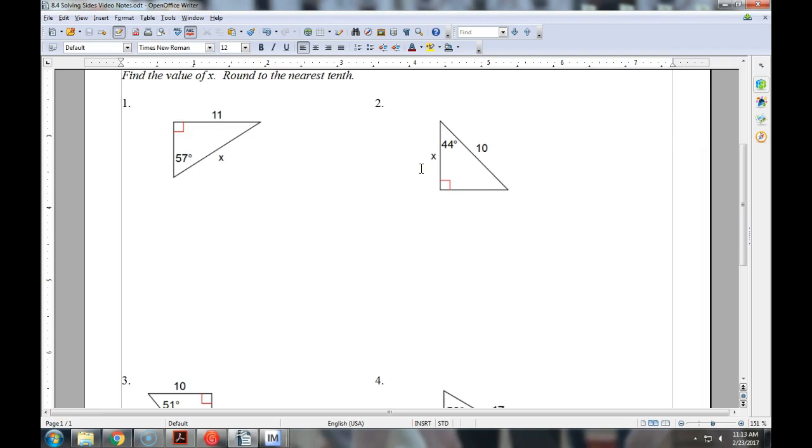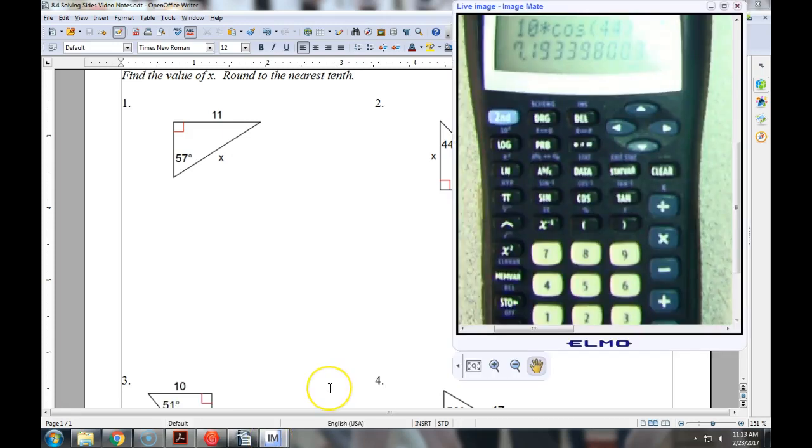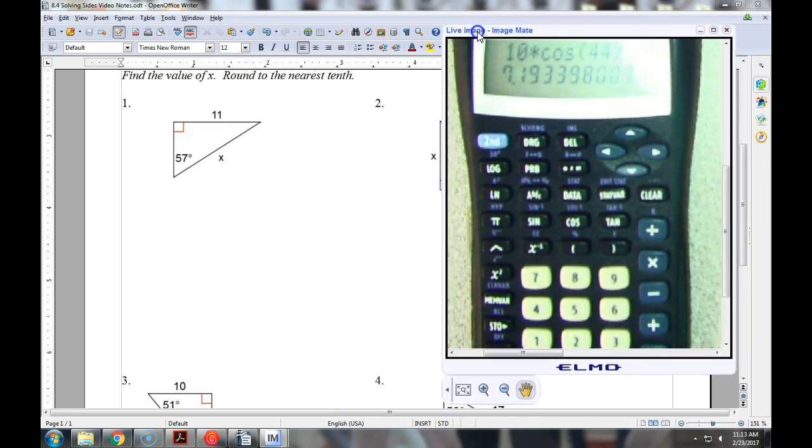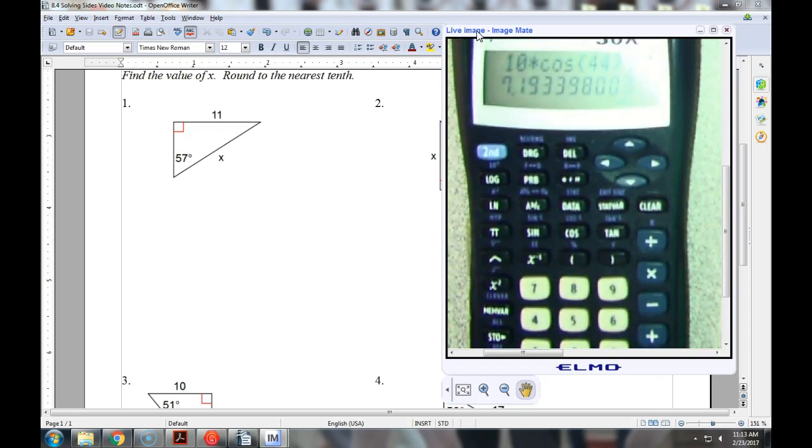And right now might be a good time that I jump in and warn you about the calculator and what's going on with the calculator. Double check before you get too into this. Double check that your calculator is in the correct mode. If you're using the TI-30 like this that I issued earlier this year,